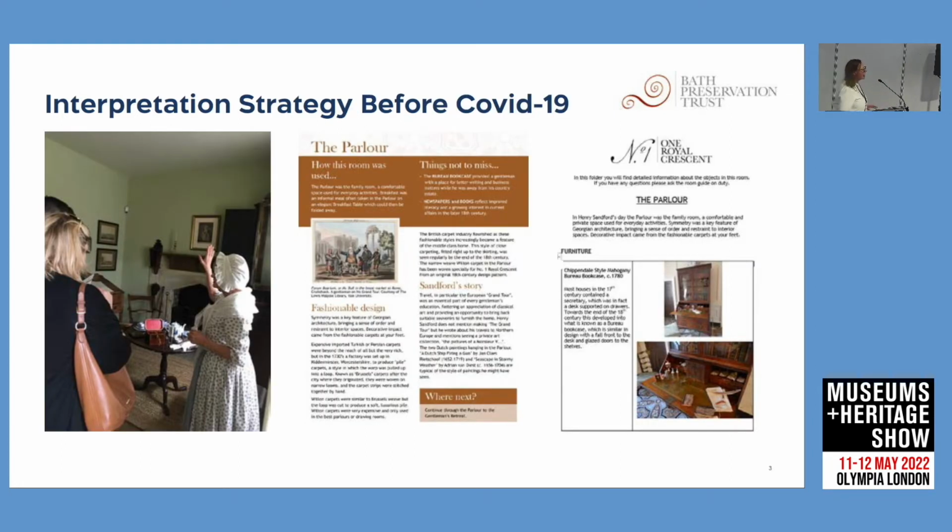So our interpretation at No.1 Royal Crescent pre-COVID-19 was very heavily reliant on room guides to deliver the majority of our interpretation. And coupled with that was quite a heavy focus on written material. So printed laminated sheets, the inevitable room book in every room that would have more information in it. And we recognized, even pre-COVID, that there were strengths and there were weaknesses with that setup. So the strengths were that it appealed to the traditional historic house museum visitor,